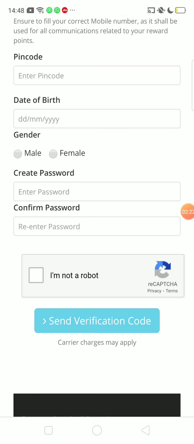The main thing here is, once you reach 1000 points, you can redeem it as a 100 rupees gift voucher in the form of Paytm, Amazon, or any other option that you want to redeem. You have to keep this app for 10 days for that. On the first day you get 250 points. After that, from the second day onwards you get 50 each. So in the next 9 days you get around 450 points, plus the 250 points that you received earlier, total 700 points. You have to complete 1000 points in your account to redeem it in the form of a 100 rupees Paytm or Amazon or any other gift card, right? It will come to your email ID.